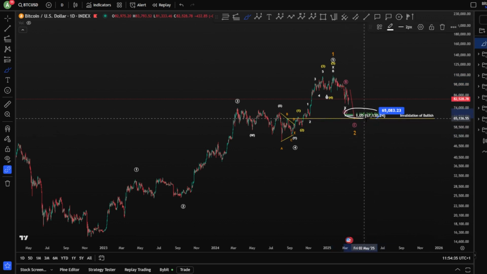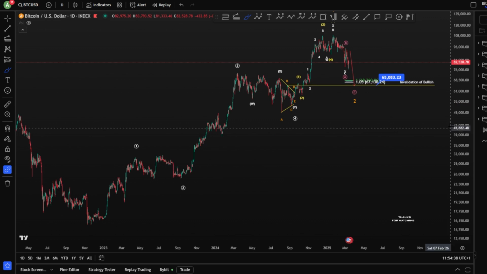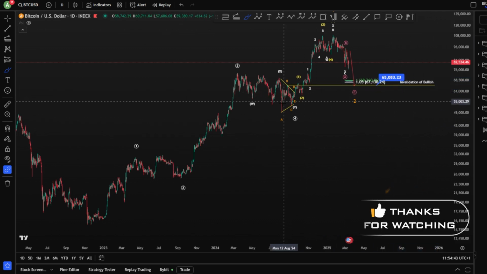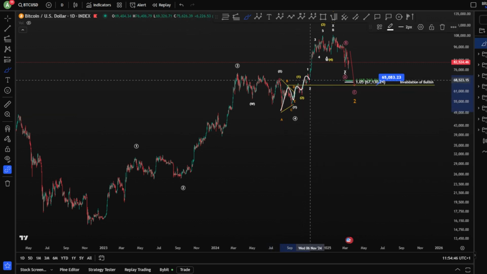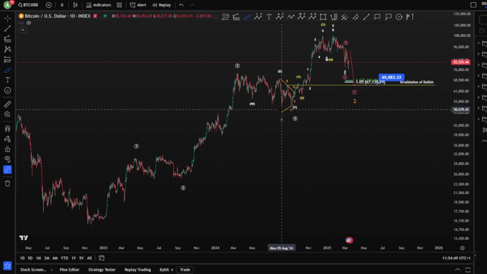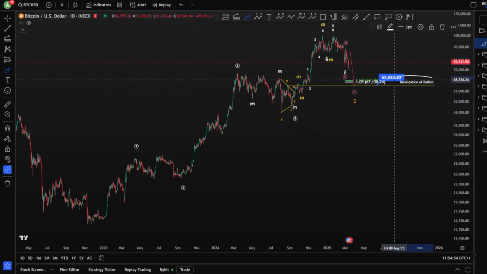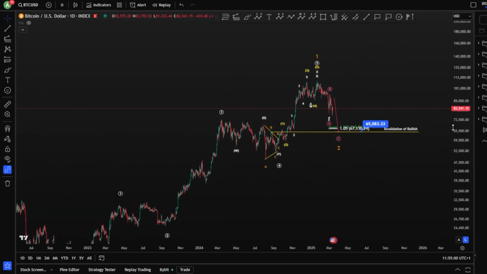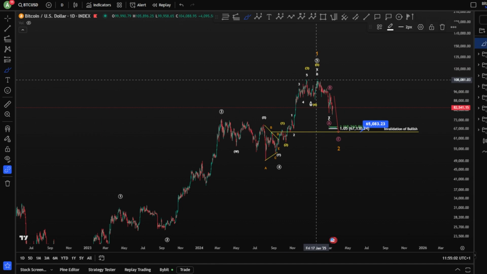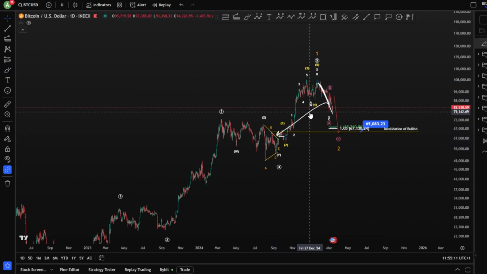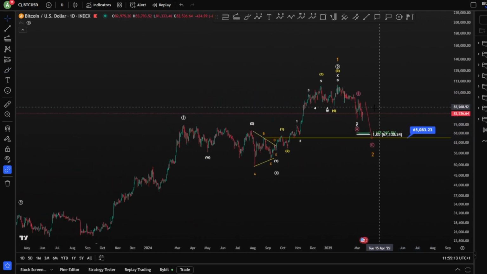Our targets are of course the 1-to-1 fib level at 68k here, and 65k is totally the invalidation for any kind of bullish scenario here. In case we have triple 1-2s, if the possibility is still there for a 1, 2, 3, 4 and a 5, the invalidation point is 65k, meaning the bullish still has some possibilities, but very low possibility, because this wave 4 is very long in time regarding this wave 2 that we can see. So there is no match in this timing, and it's still not finished yet.